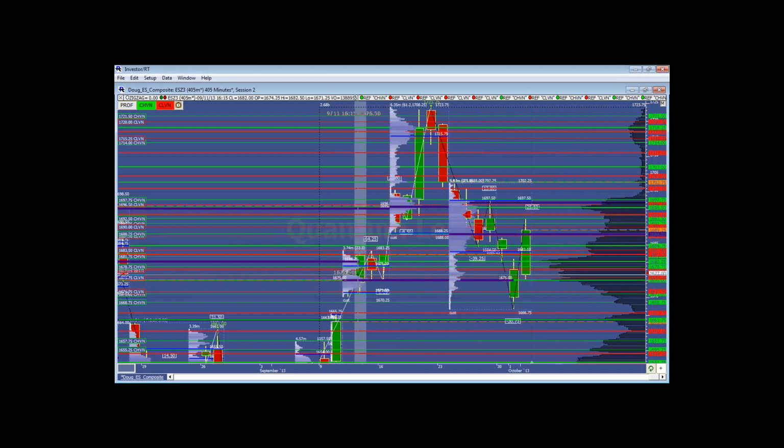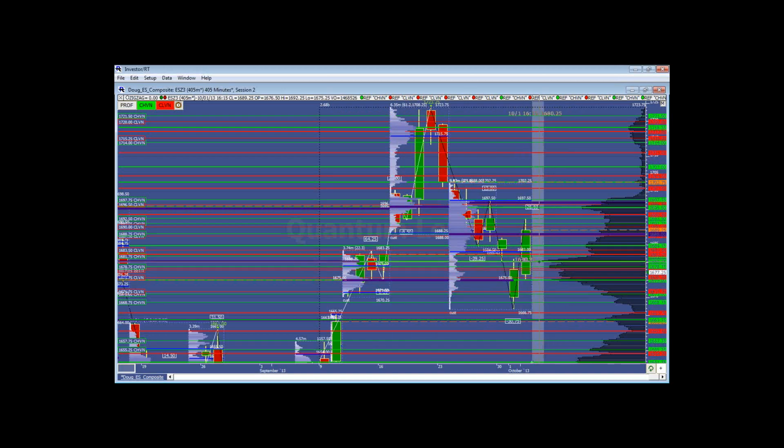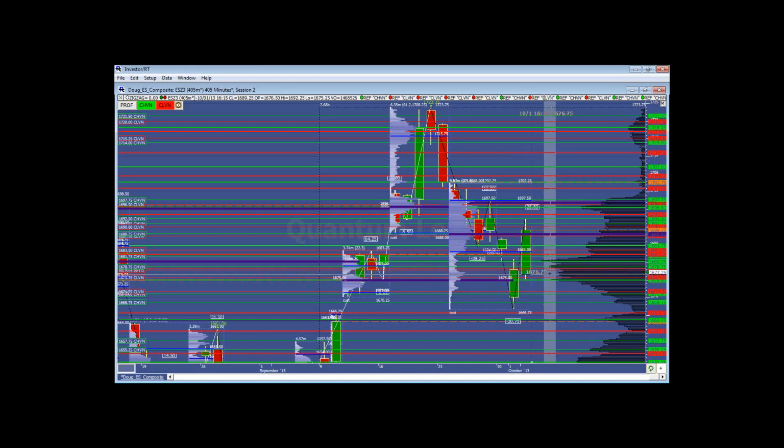We've got the former micro composite at 1675, which is where we launched from, and we've got this undetermined fair value. My hypothesis for the day is going to be we get stuck in this area again and we chop around, with a higher possibility of rotation up to the 84, possibly 88, to test the microcomposite VPOC and pick up sellers,